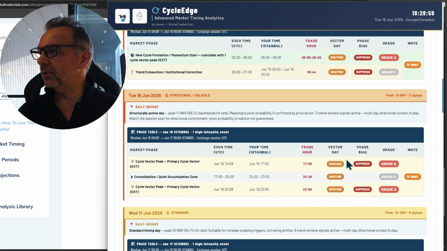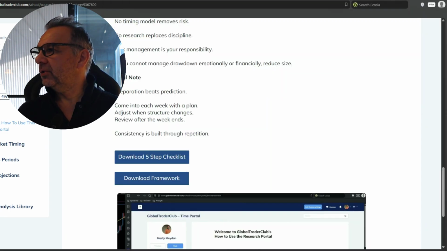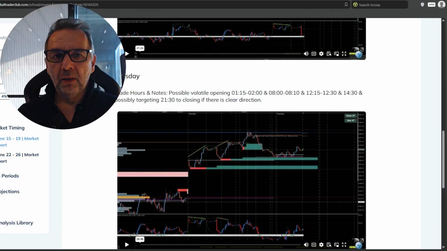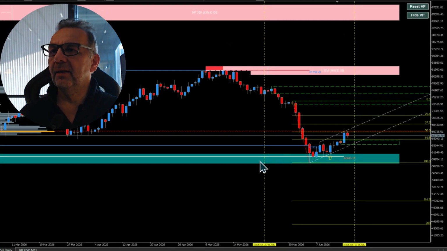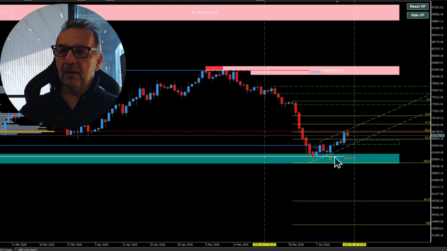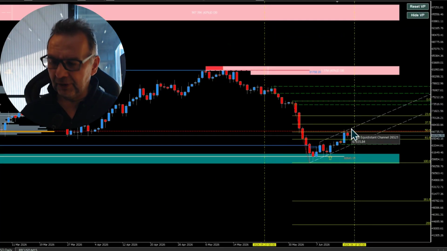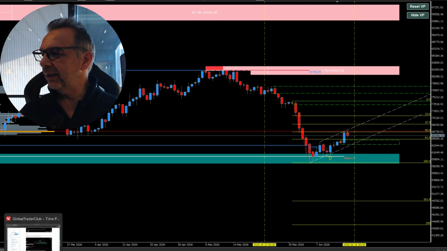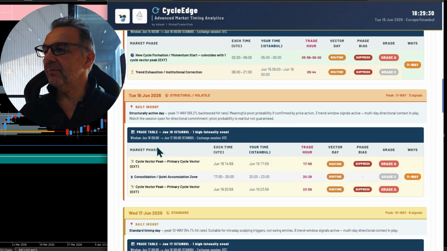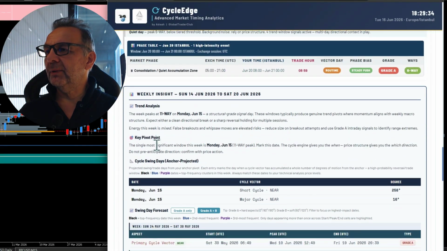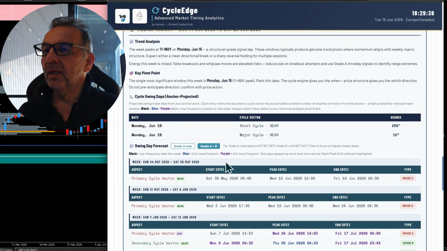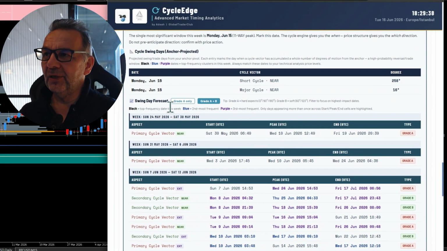Let's take a look at the Tuesday trade hours. Let's also take a look at the trade hours here for Tuesday. So take a screenshot of that. That's your Tuesday hours. So Tuesday, remember from last week, we're going up. This week, with the trading days on the weekly, let me do this. I've done also some heads up on this one. This is a really nice one.